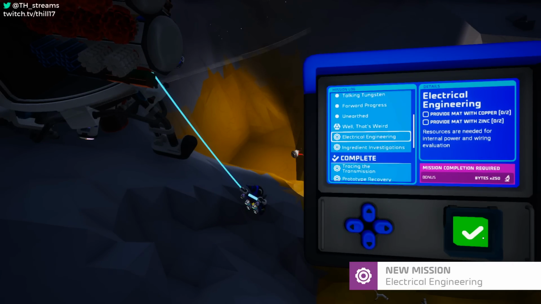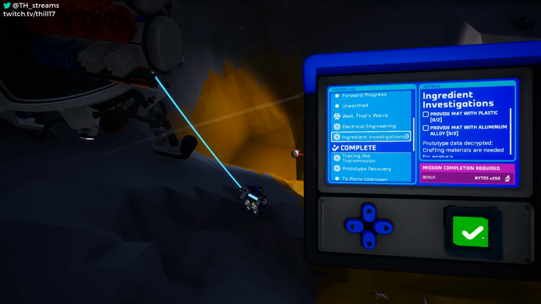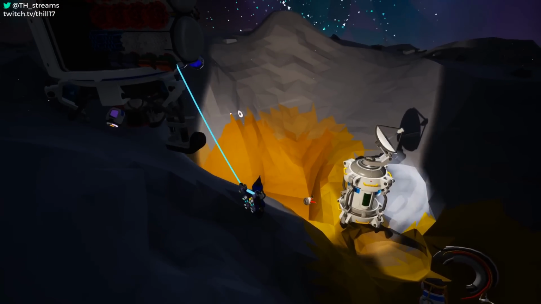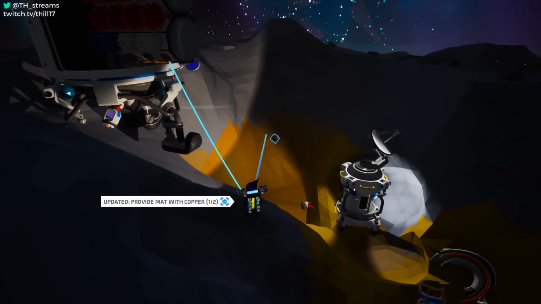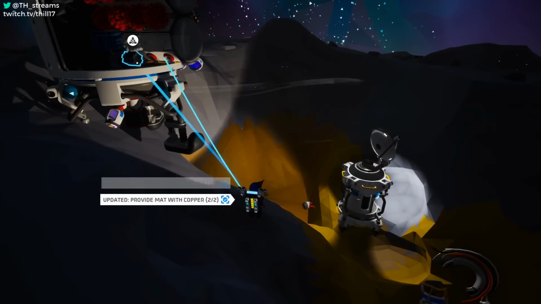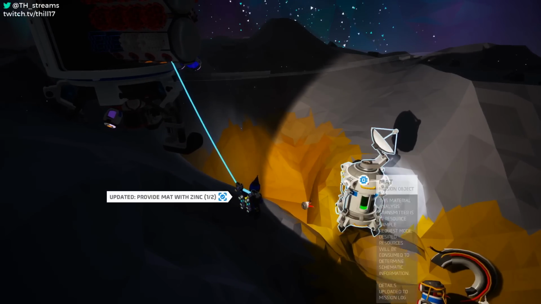Completing this mission, however, does not yet give us anything new. Instead, we get 2 new missions, both for Desolo. We need to provide 2 copper and 2 zinc for one mission, as well as 2 plastic and 2 aluminum for the other mission. Now once again, I have come prepared with all of these resources just to speed up the completion of these missions, so we can show you guys what exactly comes of them at the end. So here's the first mission complete,